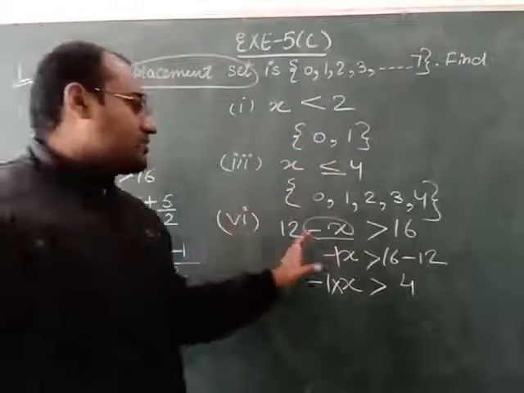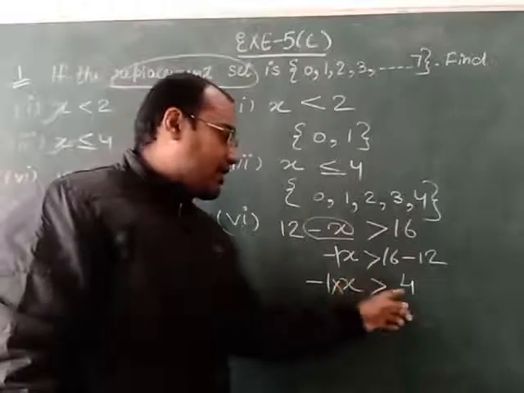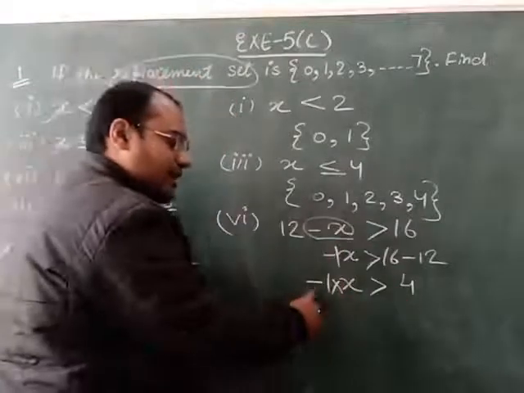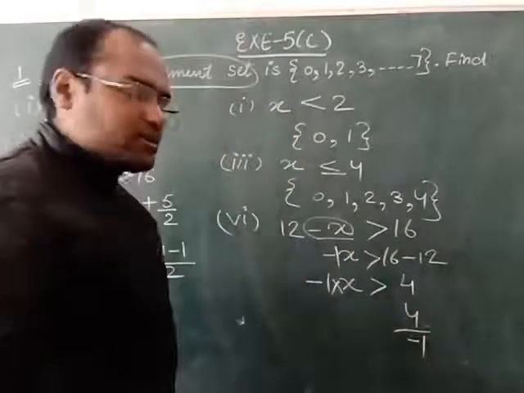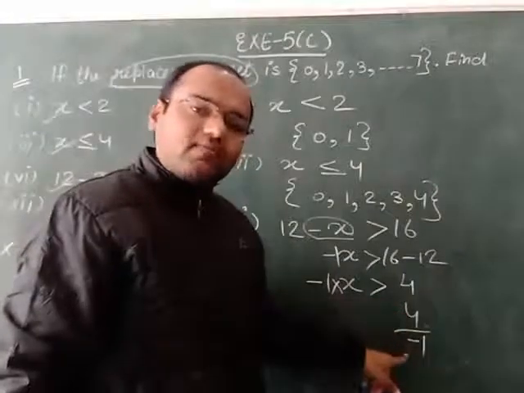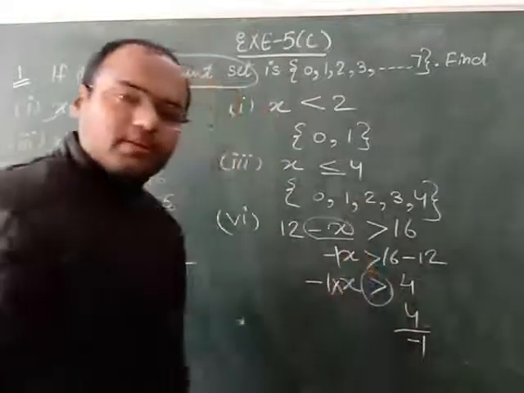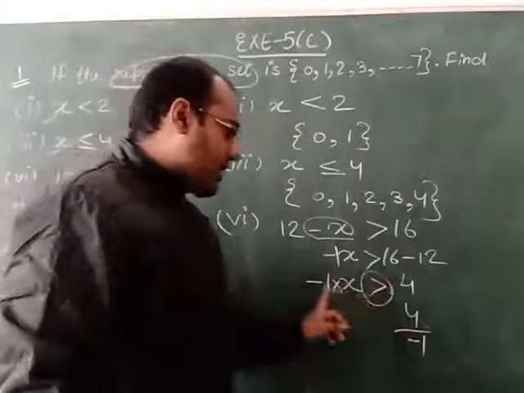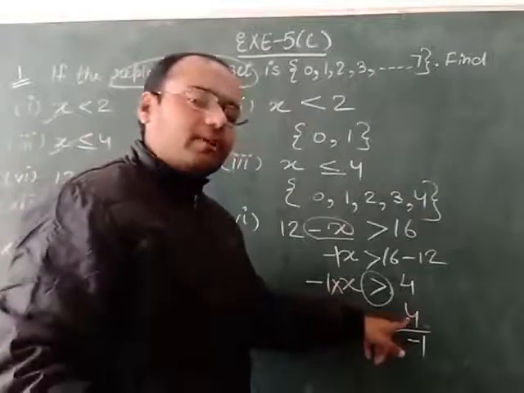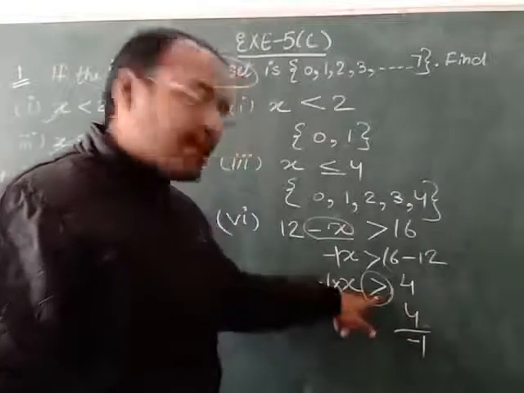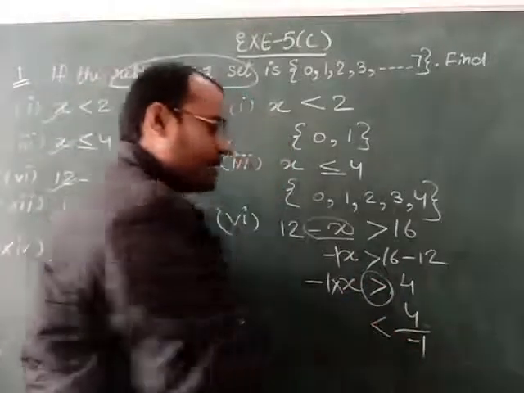So in these linear inequations, what you have to do, one rule is there. Whenever we divide any number with a negative number, here it is minus 1, when we bring it on the right hand side, it will come in divide. So the rule is, whenever you divide any number with a negative integer, then the sign of the inequality will get changed. Because we are bringing this minus 1 in divide. The sign of the inequality will get reversed. It is the greater than sign, we will change it and write it as the less than sign.